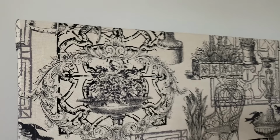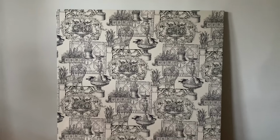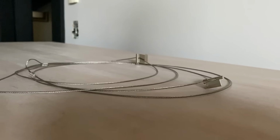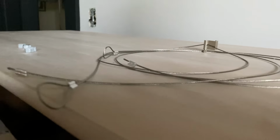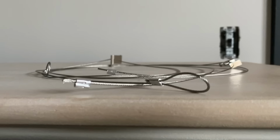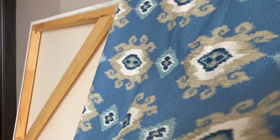Canvas boards are not generally that heavy. This one is a little bit on the bigger side. You certainly don't have to make one this big. And again, I'm just working with what I have. But for the house that I live in, we actually have picture rails. So these are some wires and hooks which we have to place in order to hang up these canvas